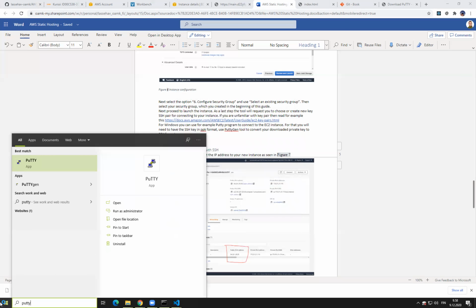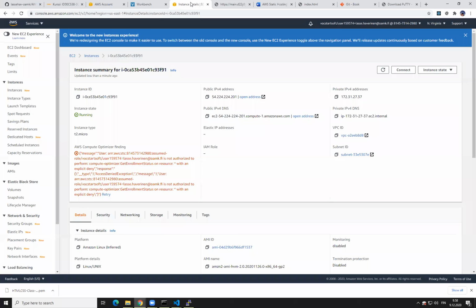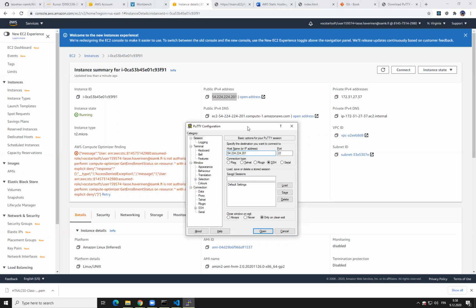Next step is to open up the PuTTY program. Here, I now need to configure what is the host name or IP address where I want to connect to. I can find it here. So here is my IP address for this instance. This is the address of the computer where I'm connecting to. I put it there. And then, because this EC2 instance is now using the key pair login system,